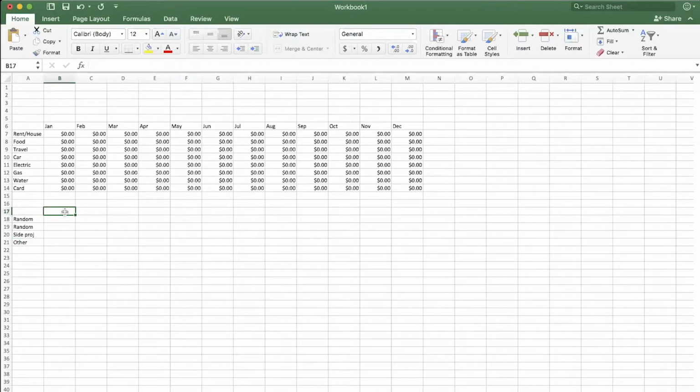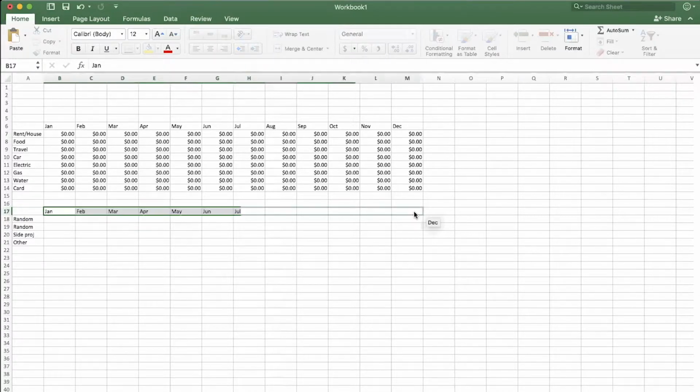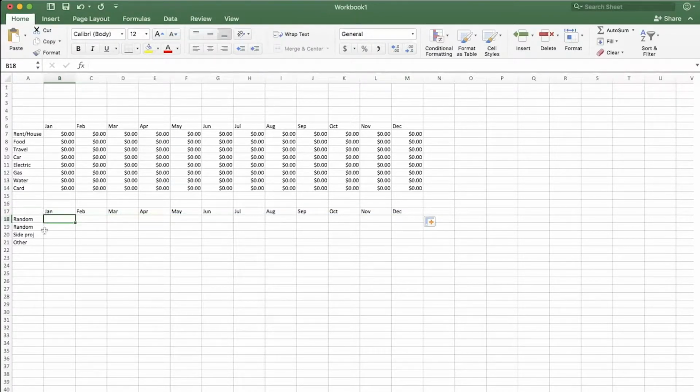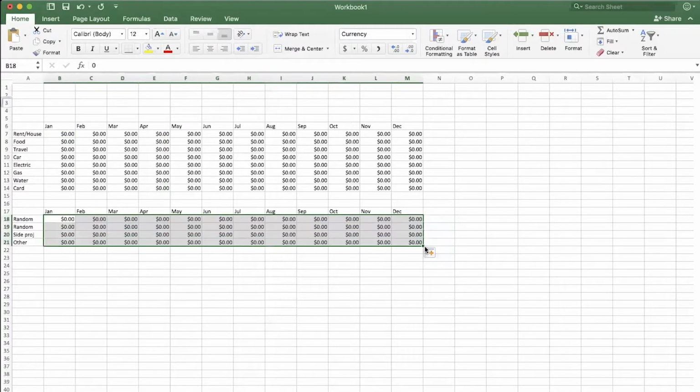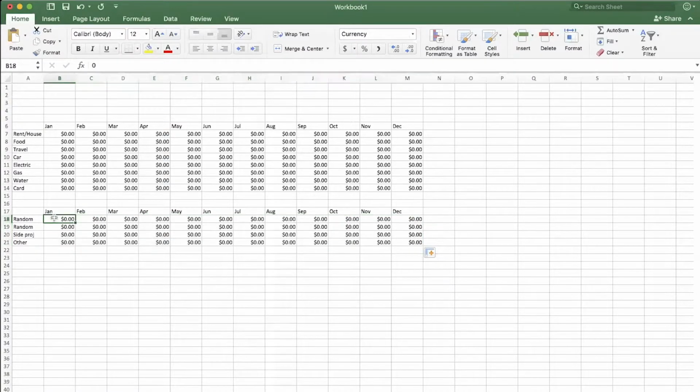Or you can go ahead and I'll put in Jan and autofill across just so it looks tidy. Okay. Now I can do the same thing for the formatting. I can select this cell right here, the B7, which is my first rent cost, and I'll copy that, Control C or Command C on a Mac. And then I'll go down to my first income, and I'll do Control V for victory, and then I can autofill across, and then I can autofill down, showing that you can do it either way.